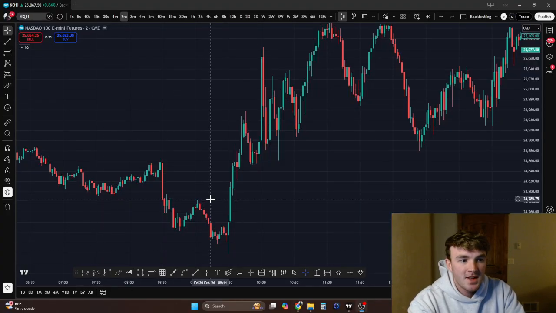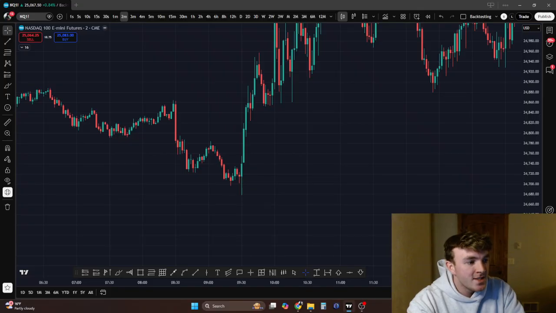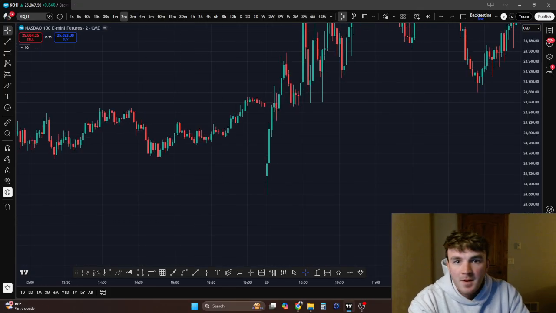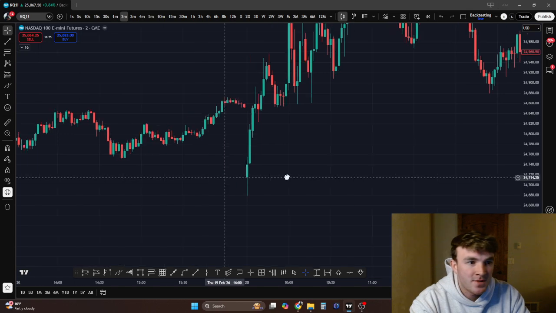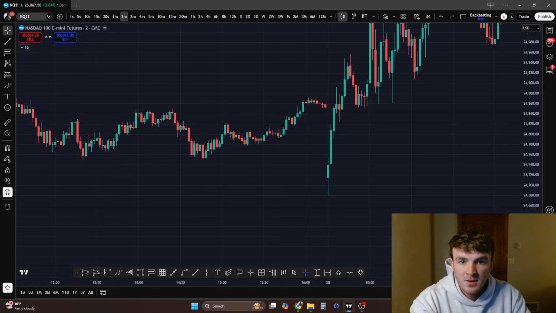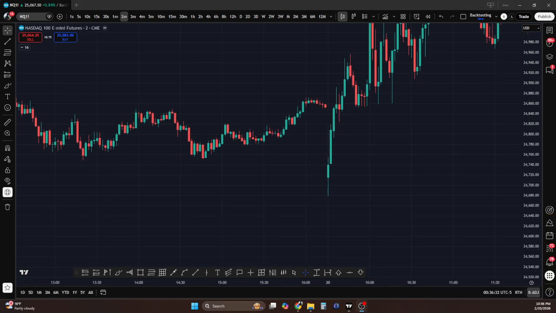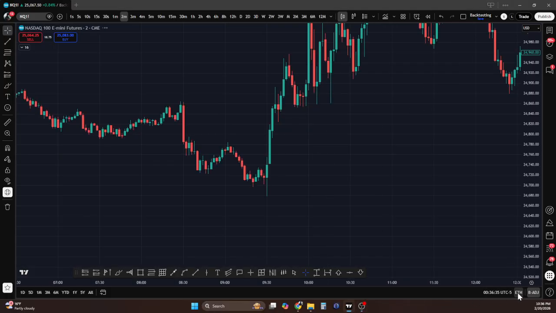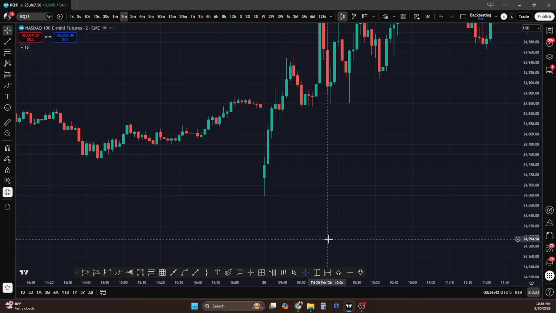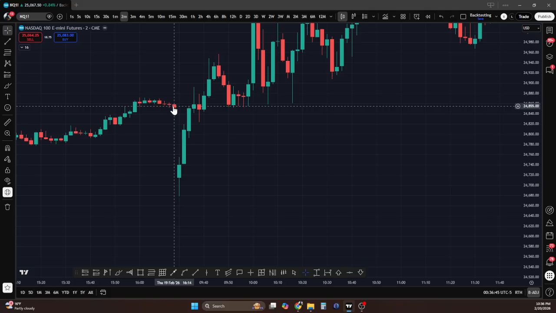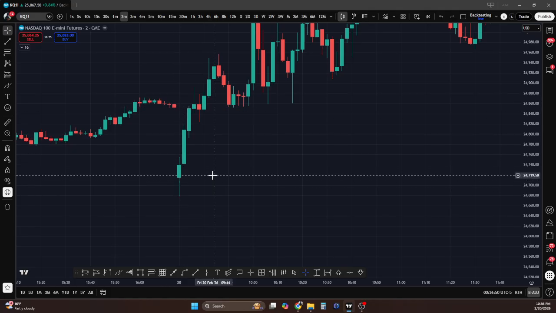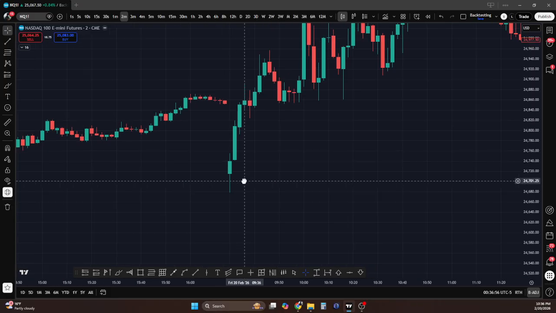So, to start today off, how could you have really easily determined the bias for today? This was one of the best examples of the overnight gap being really useful for bias. Check this out. If I switch this from electronic trading hours, which includes the overnight price action, to regular trading hours, you have the gap between the New York Stock Exchange close at 4:14 Eastern and the open at 9:30 Eastern.